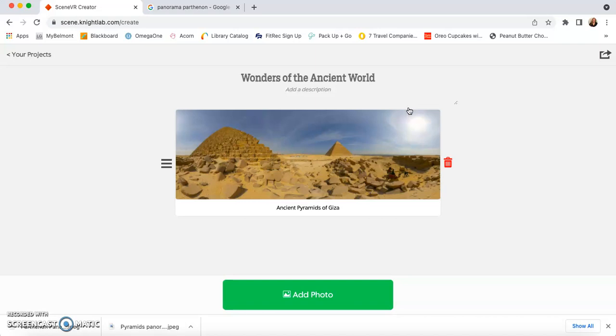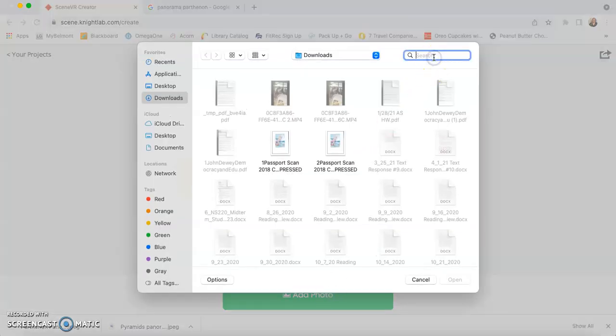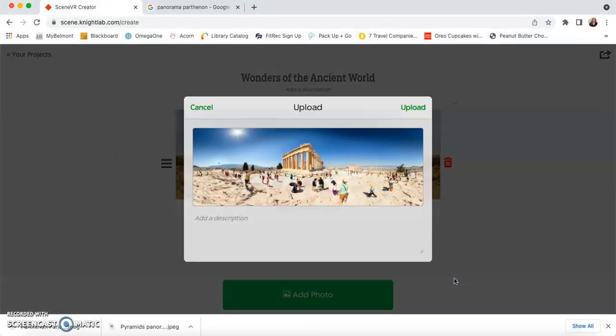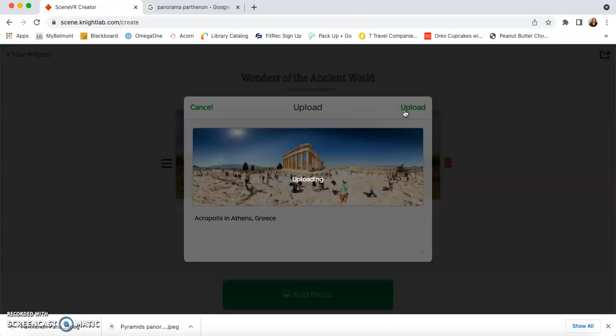All right, so that has been our first picture. I'm going to add just another one just so we get to see what more than one looks like. So for this one, I have a picture of the Parthenon that I want to use, the Acropolis in Athens. Once we upload both of those,